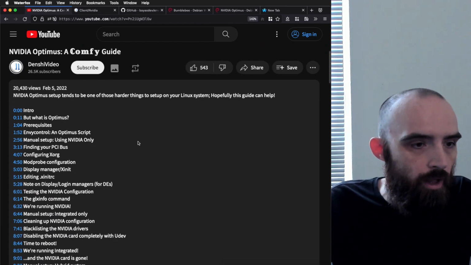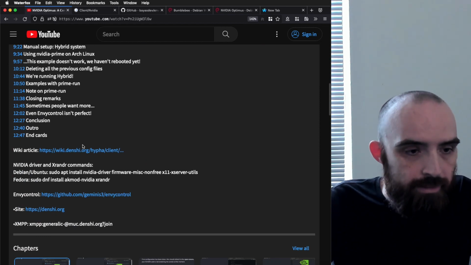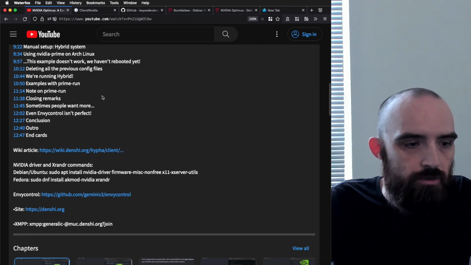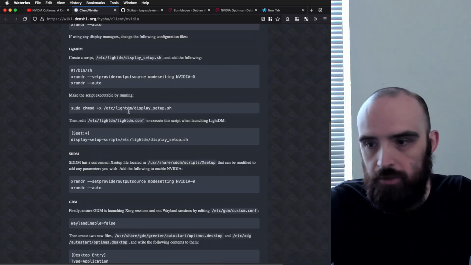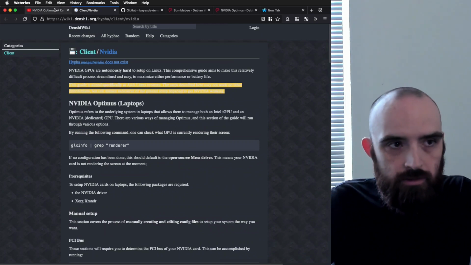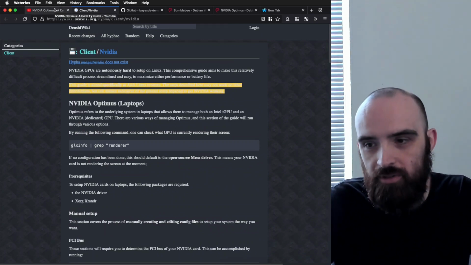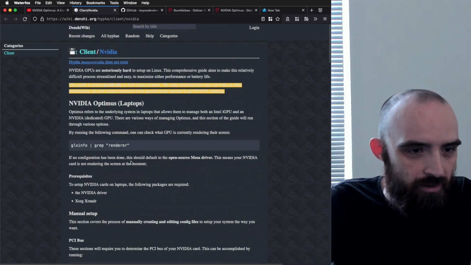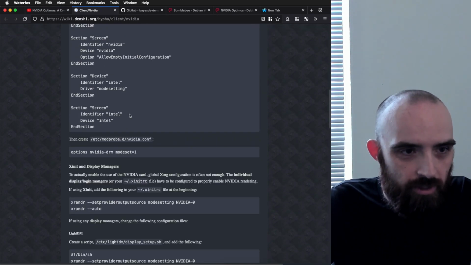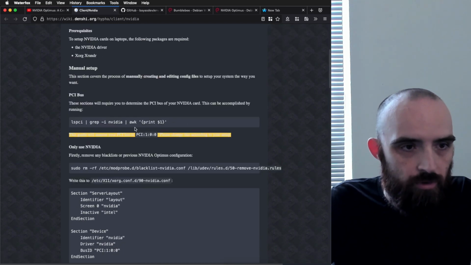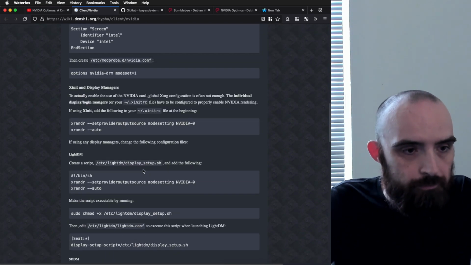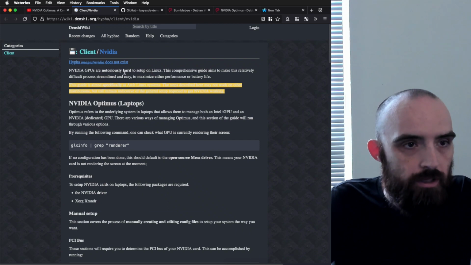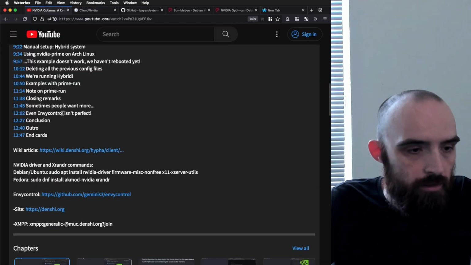It's really good. He also links from his video to these two pages, like this wiki article, which is his own wiki, where he explains the entire thing, and it's also a good thing to read. The video and the article go together, so you can refer to it, and it'll give you a lot of the same information that he talks about in the video. So yeah, this is the article on his wiki, and the second link that he gives here in the description